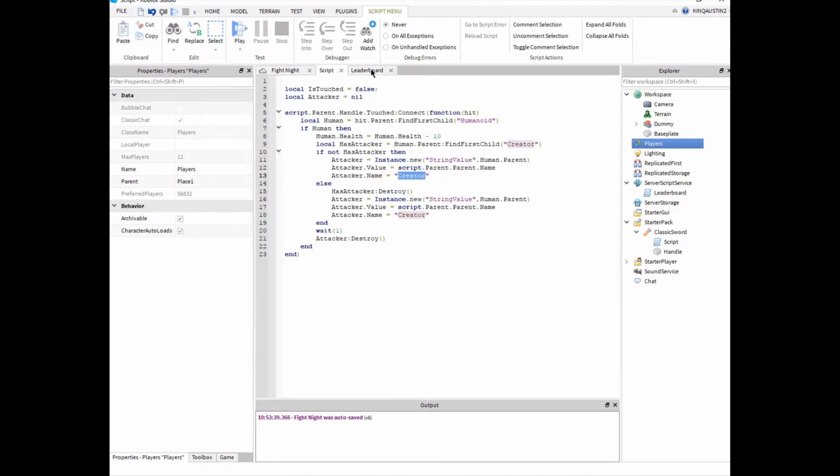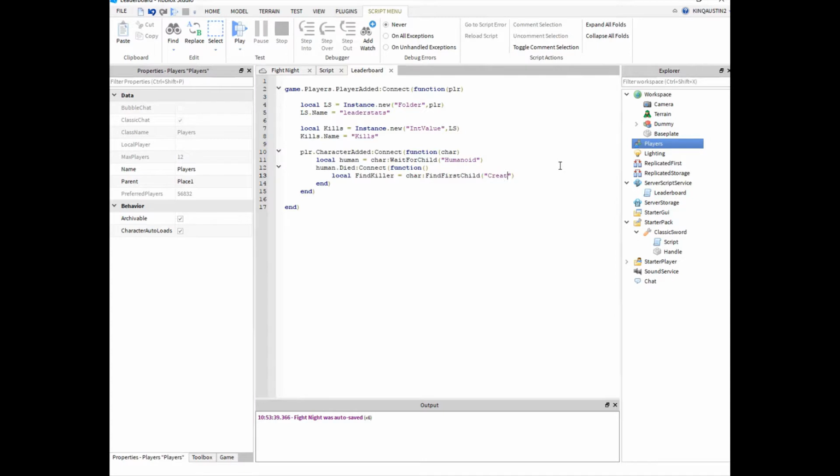We called it creator, so we're gonna search for creator, and if find killer, then so pretty much if it finds an object by the name of creator, then